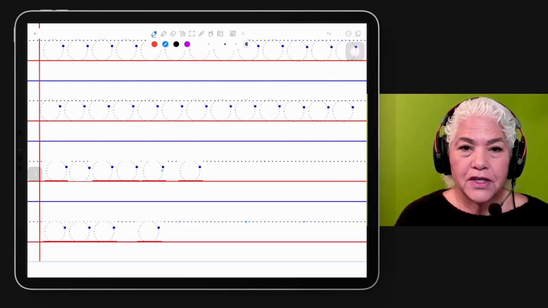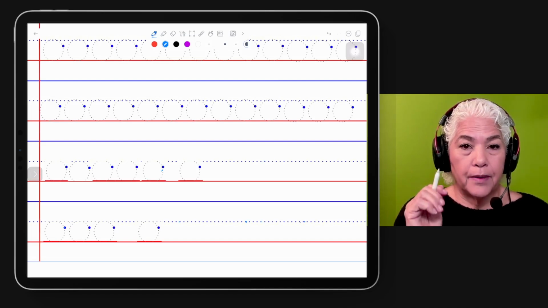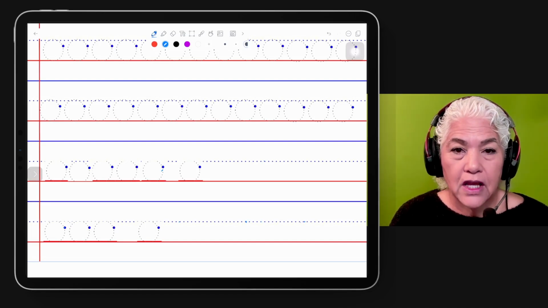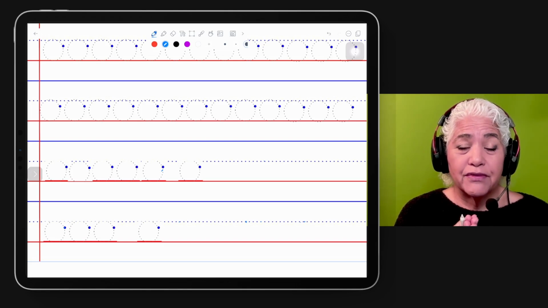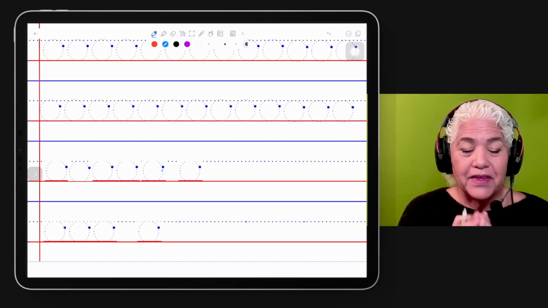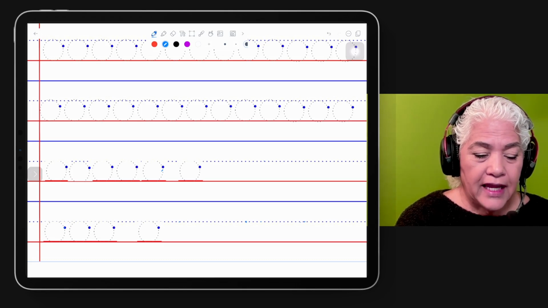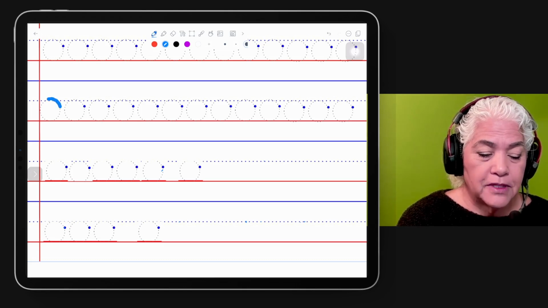For letter formation, reminder, any of the clock letters start at the 2 o'clock and go up. Any letter that begins with a line starts really close to the letter in front of it and moves from there. So it starts really close, so close like they're going to touch. Okay? So starting with the clock letters, as review, A, starting at 2 o'clock, up to the midline, down to